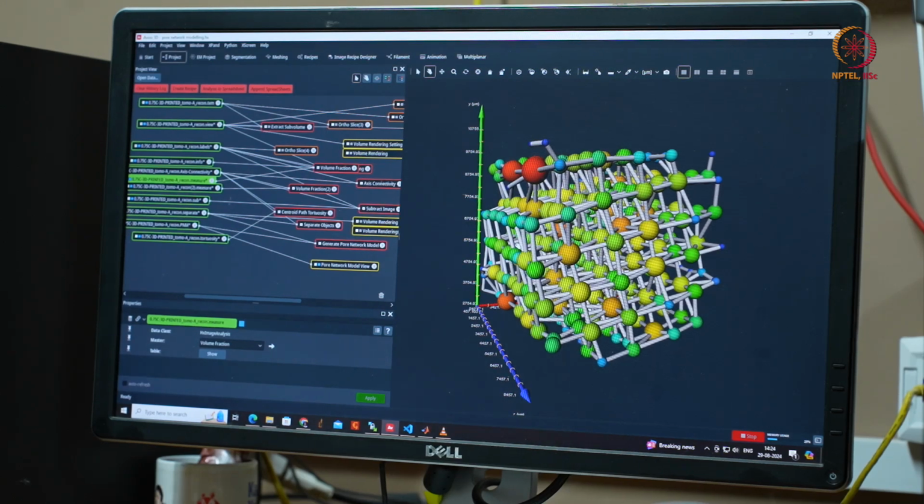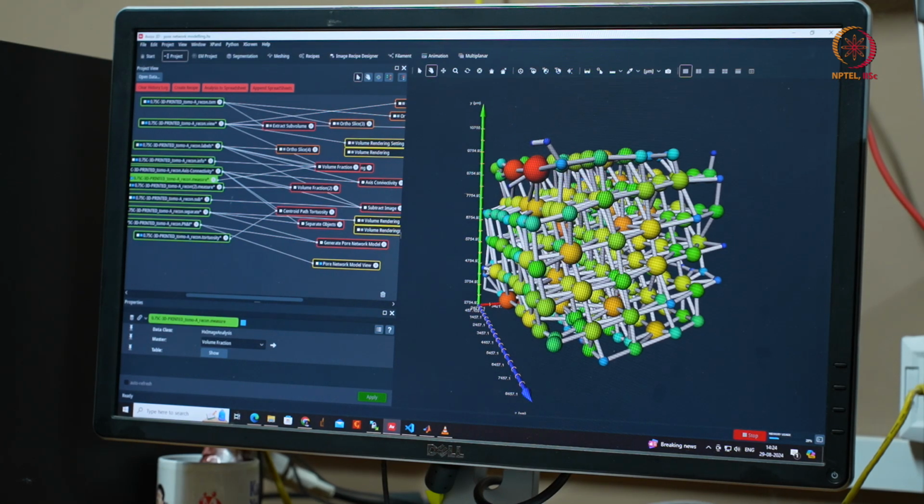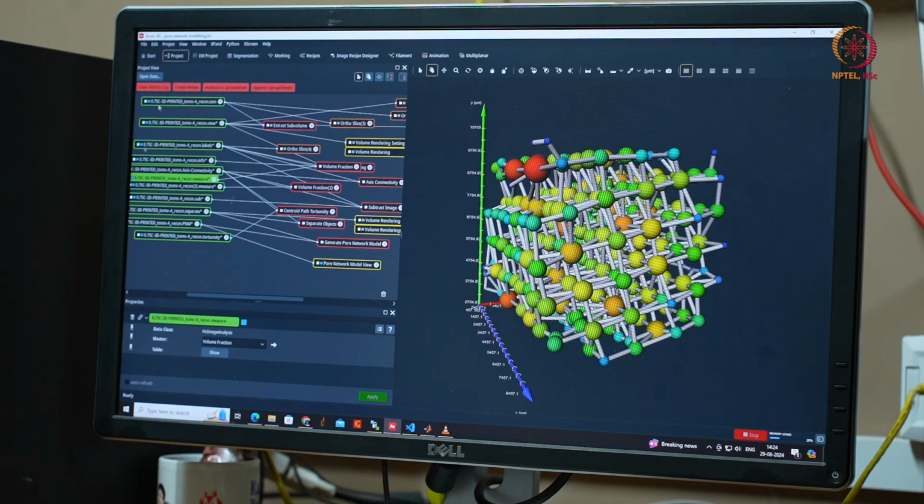After doing the 3D printing of the hydrogel based scaffold, just now I have shown from the micro-CT how you can see the 3D volumetric porosity. Now when you have obtained the 3D volumetric porosity from the micro-CT, you have to analyze it. The analyzing software is Amira Avizo software.